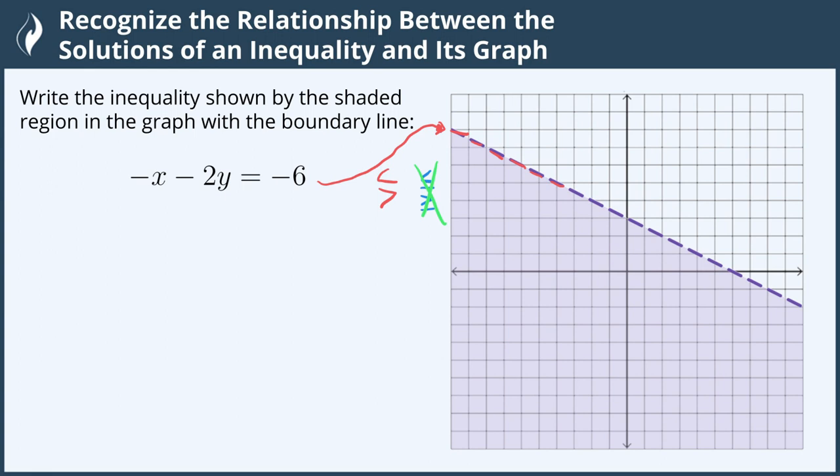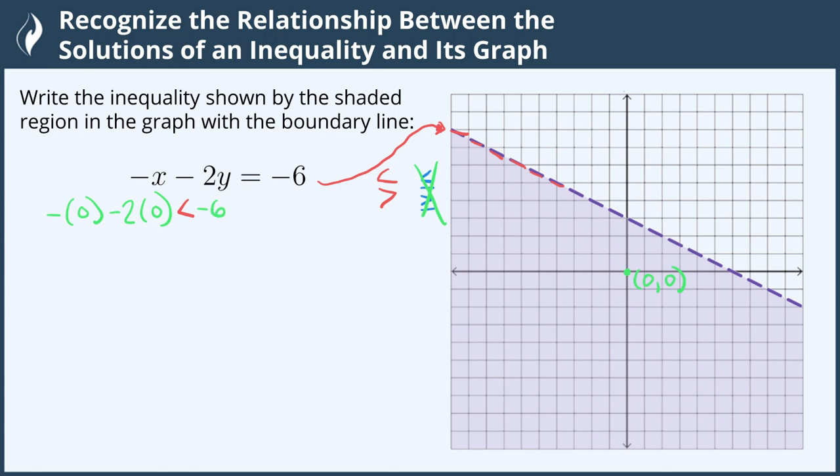Now we can go ahead and test which of those it is by picking any test point in the shaded region that we want. My preference is always to use the origin of 0, 0, because this makes substituting and calculating much faster. So we'll substitute it in and we end up with negative, substitute 0 in for x, minus 2, substituting 0 in for y, and then using one of our inequalities to see which one will give us a true statement. I'll go ahead and do the less than first,